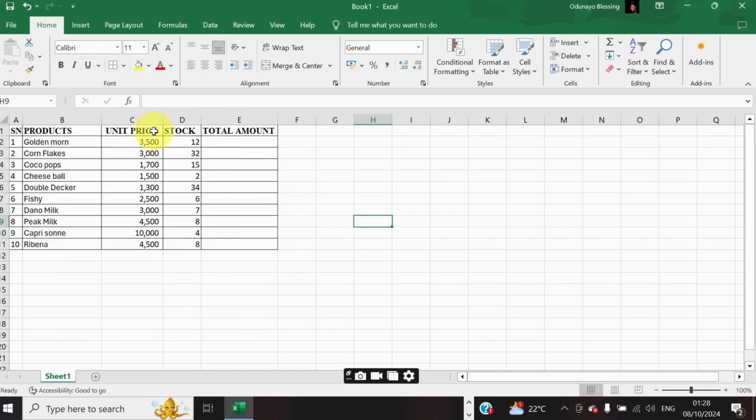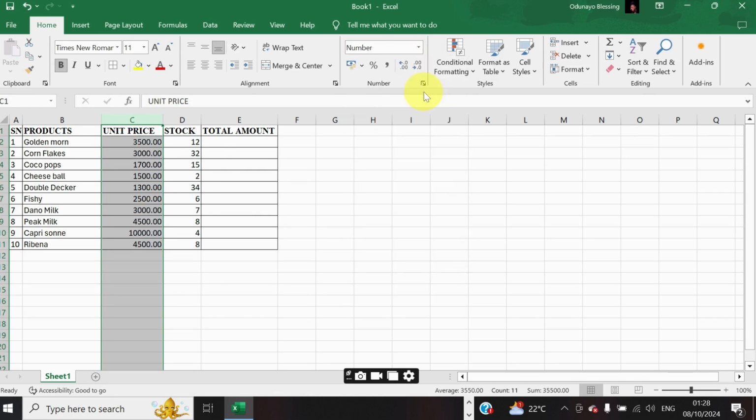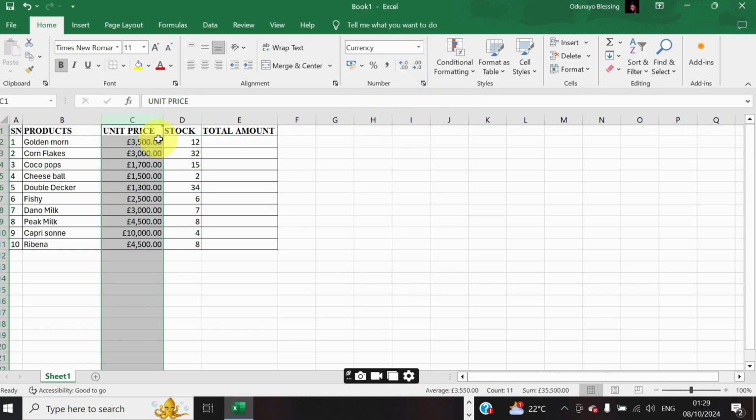Now another thing that I want us to look at is these numbers. Look at it, when I click out here and when I click here, you see at this place of the numbering, you notice that the number format is showing custom. For the custom, you can decide to just change it to number. That's just for it to feature as number. You can decide to make it currency. Now, this currency that is giving us here is pounds,